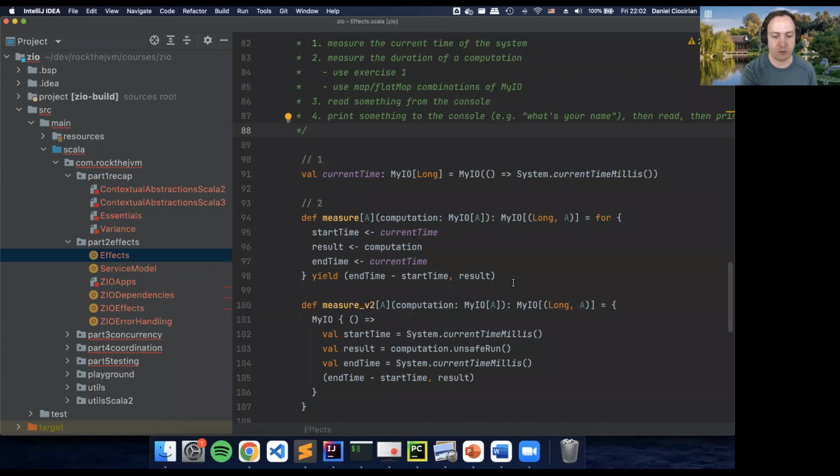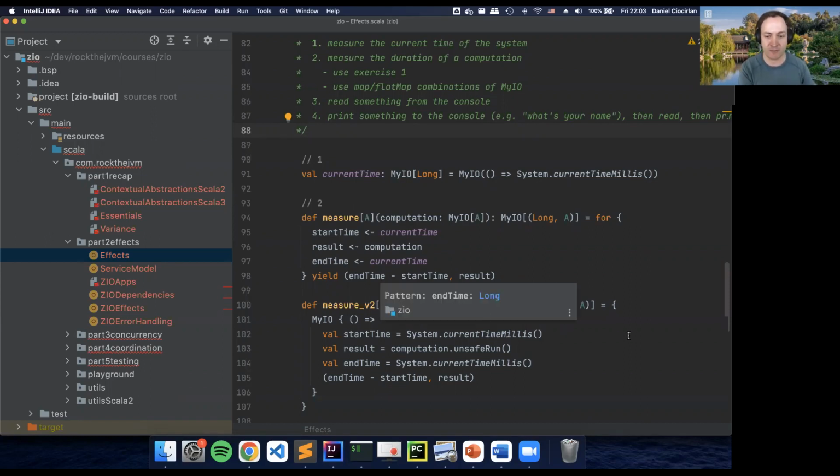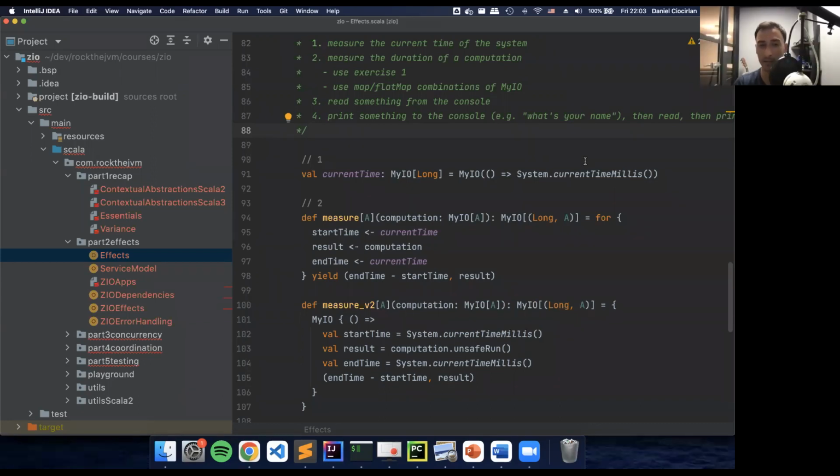So I think we're close to wrapping up here. Is there anything else that you wanted to share with folks, either about the ZIO 2 program for Rock the JVM, or about teaching or learning in general? Well, I'm here for people to ask any sort of questions. I try to be as available as possible to everybody that might need me. So if you want to shoot me an email, you can find me at Daniel@RockTheJVM.